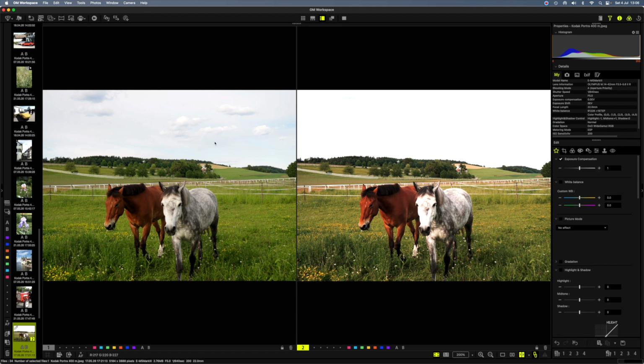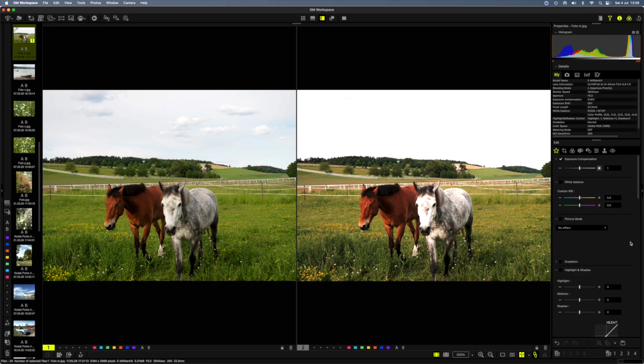Not much change because I'm on the wrong image. Look here, the yellow there. So let's reset the profile, select the right image, and then do the exposure adjustment. Not much. I even have a bit of blue there. Let's do one more. Now, with the horses, I can slowly see it.